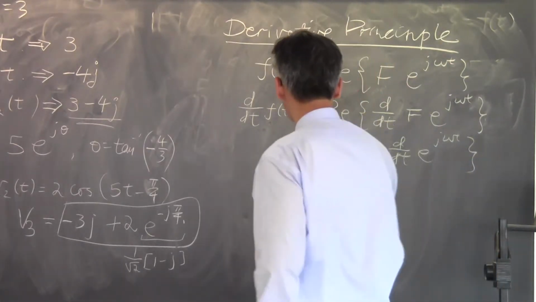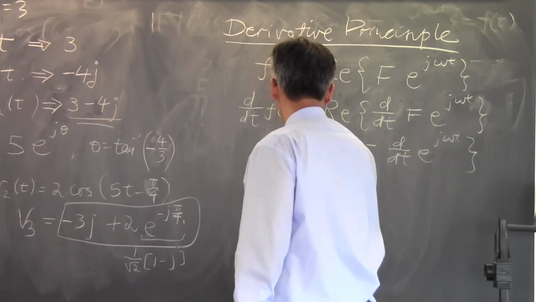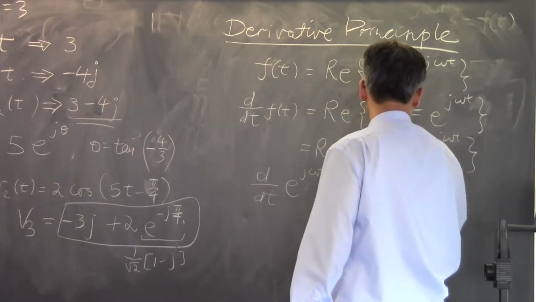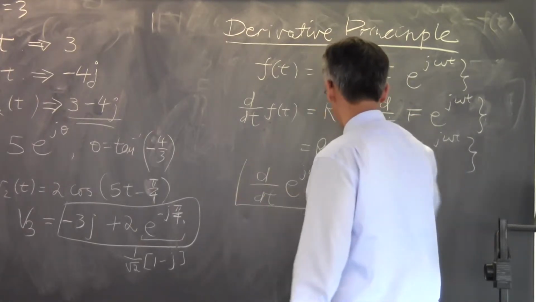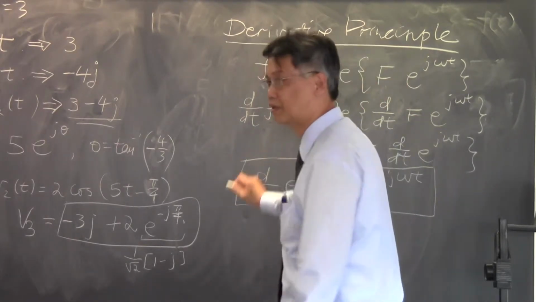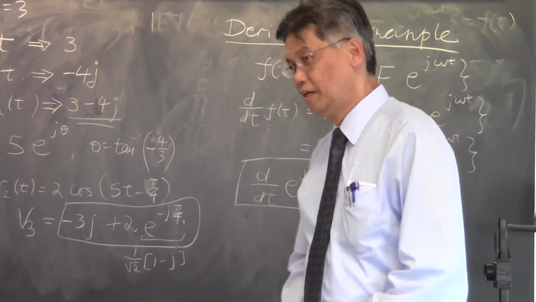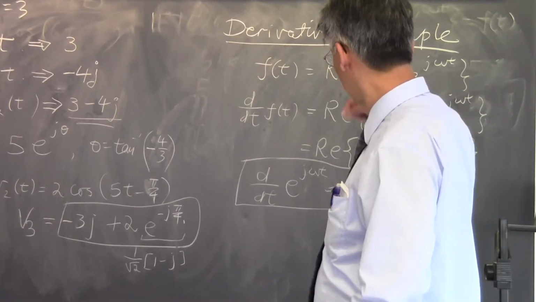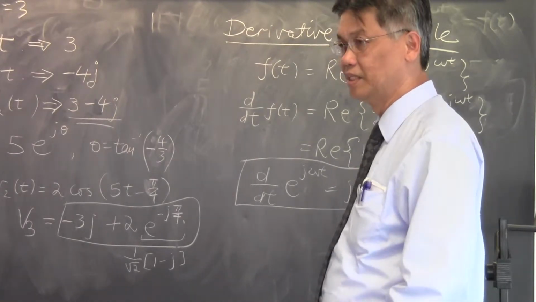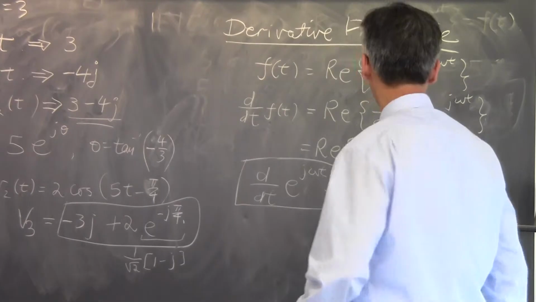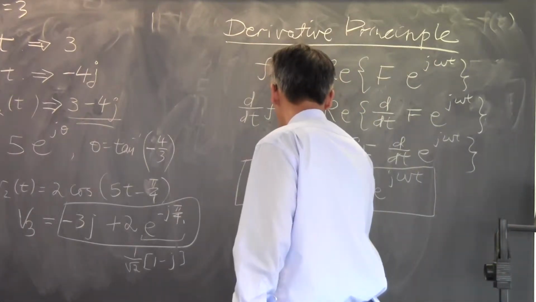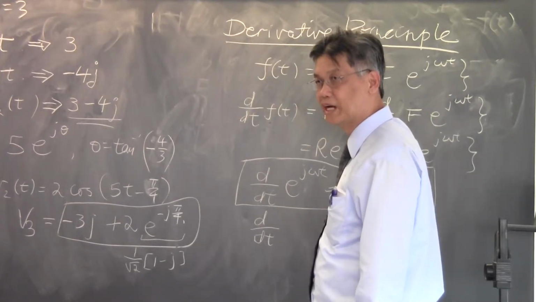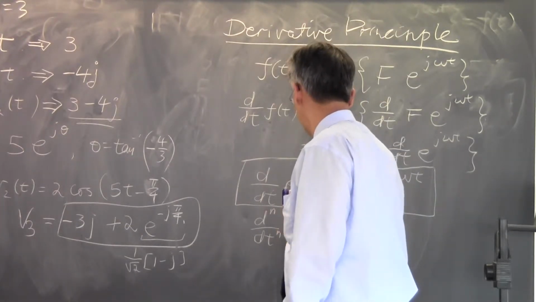Right? You have to learn this rule. d/dt of e to the j omega t is just j omega times e to the j omega t. This is a very important rule. It's so simple. Every time you differentiate an exponential function that is sinusoidal, just bring down the j omega. And you can do this n times. You do it 2 times, you bring down j omega squared. If you do it n times,